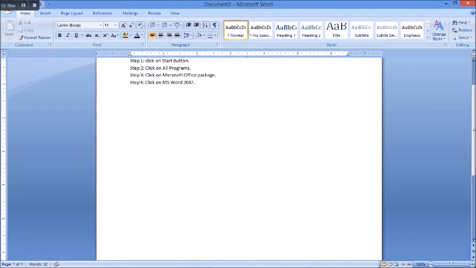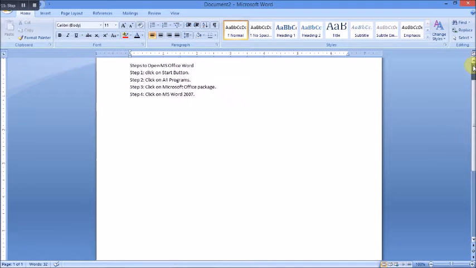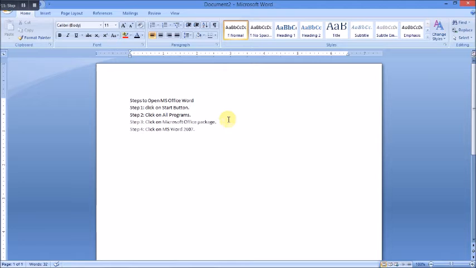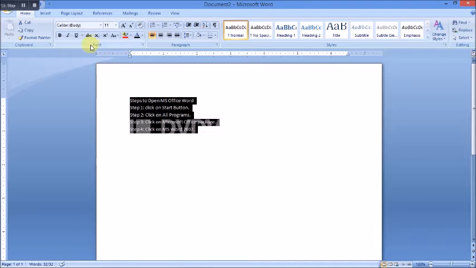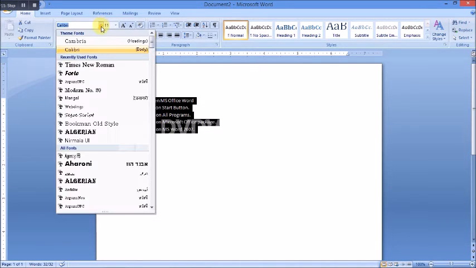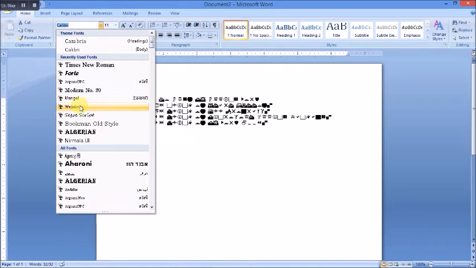Now you can see this is a simple document we have created using Microsoft Office. Now we can do a lot of things here. Let's work with the font options. You can see the Font group here. We can change our font face: Times New Roman, Forte, Angsana UPC, Modern, Mangal.